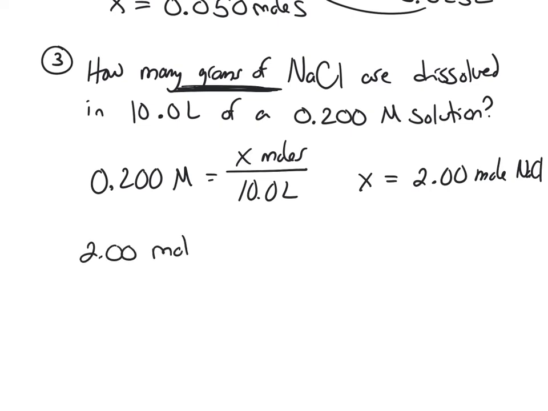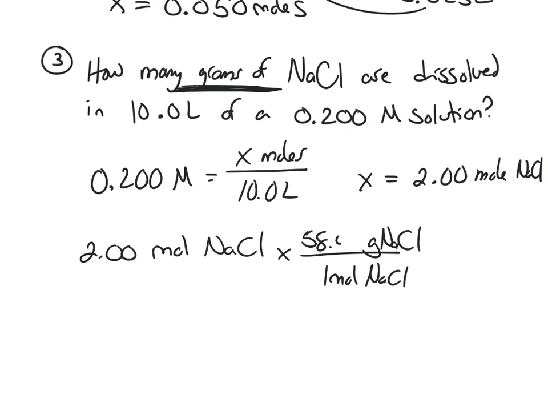2.00 moles of NaCl, 1 mole of NaCl on the bottom. And how many grams of NaCl on top? The molar mass, 58.44. So this comes out to equal